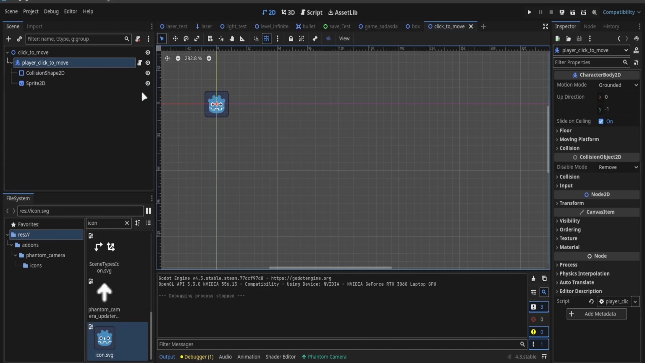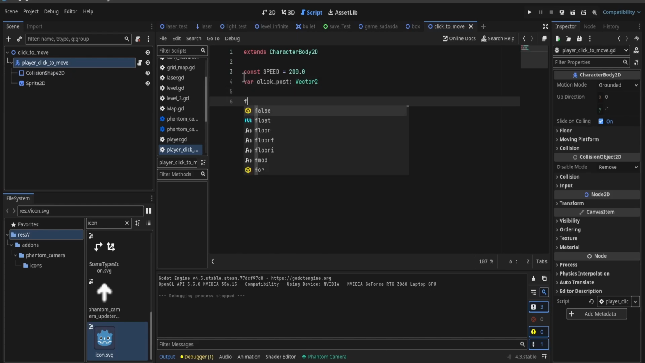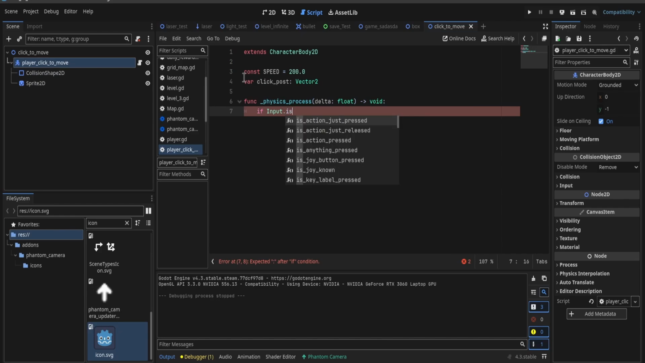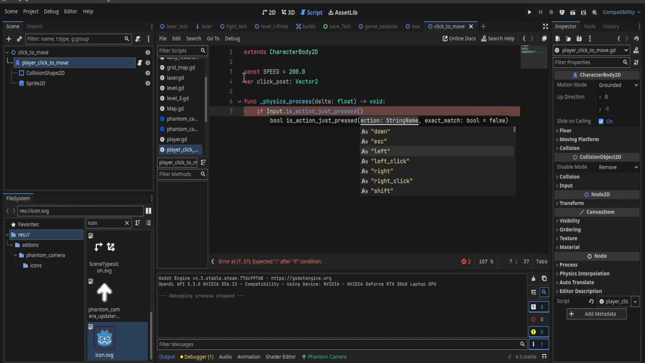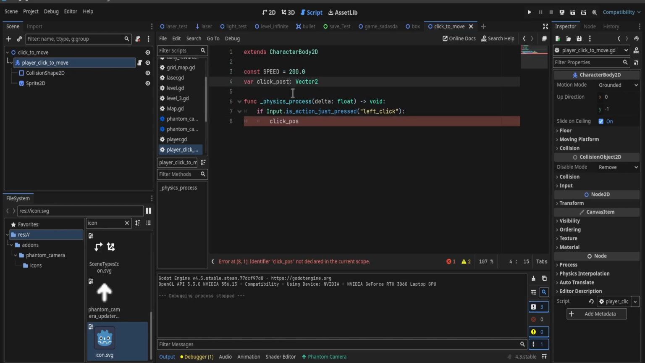I also mapped my left click, and inside our player script, I create a new const, it will be speed, I will set it equal to 200, then I create a new variable for click position, that is a vector 2, and then inside the function physics process, I do if input is action just pressed, left click, click position